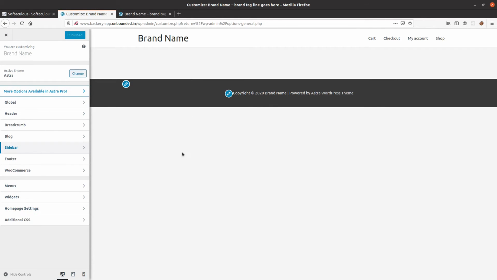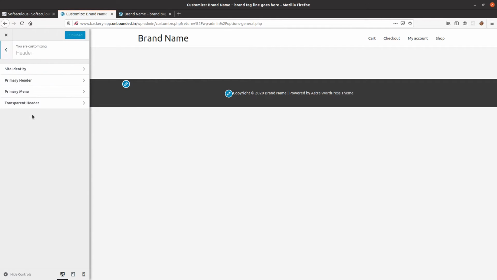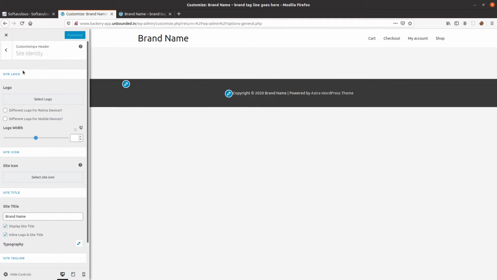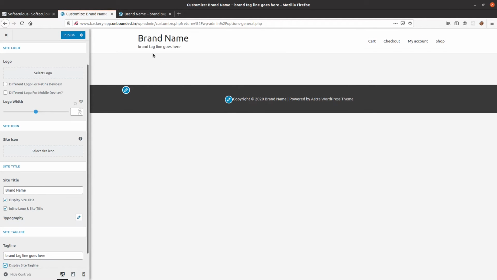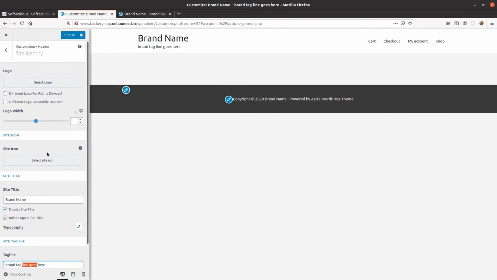Now we want to check a little bit on the globals, on why the tagline was not appearing here, which we just saw a minute back, that we have a title but it's not appearing. So you can go to the header, then site identity, and search for tag here. All right, you can check this box here, display site tagline, and it will start displaying your site tagline here. You can change the text from here as well, or from the settings as well. So both options are available.